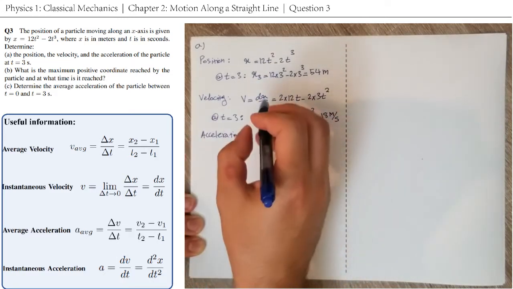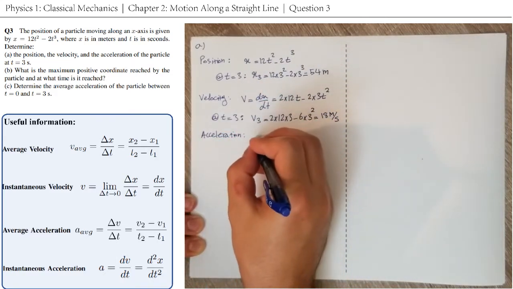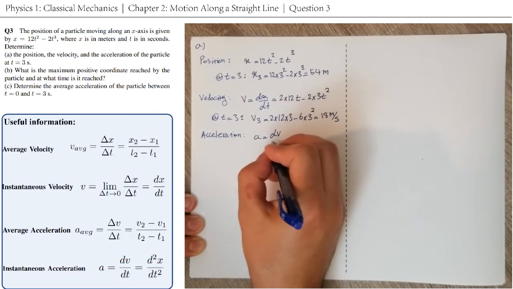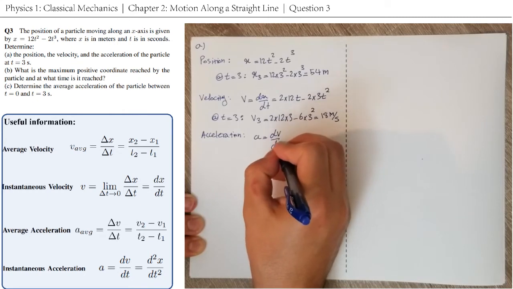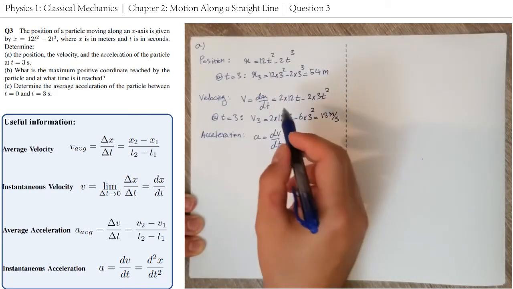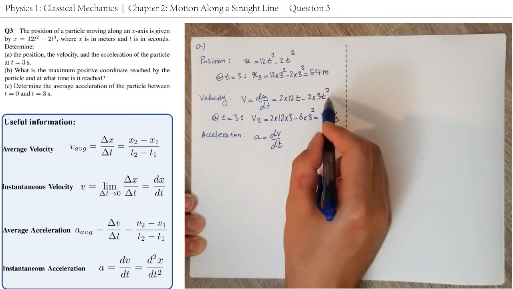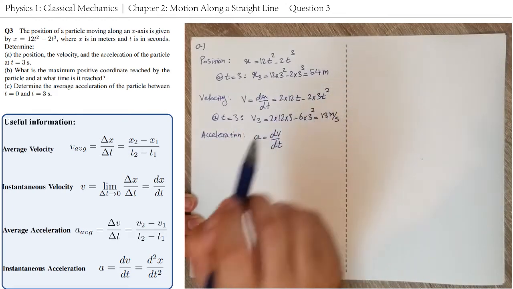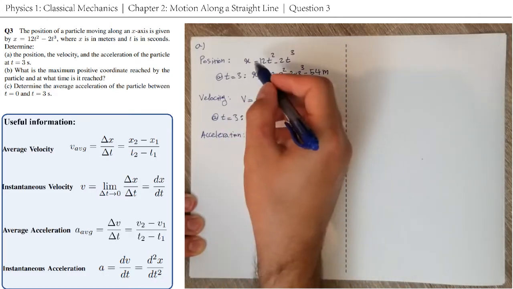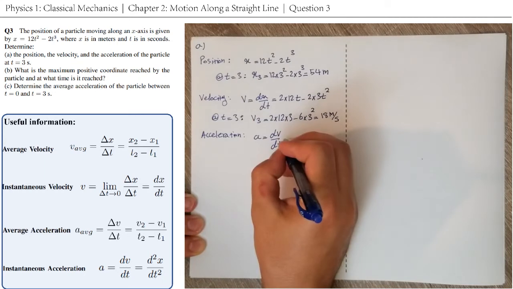So in order to obtain the acceleration, again, acceleration equals the derivative of the velocity equation with respect to time. Now all we have to do here is to just take the derivative of this equation with respect to time, or we can actually say that it's the second derivative of the position with respect to time,